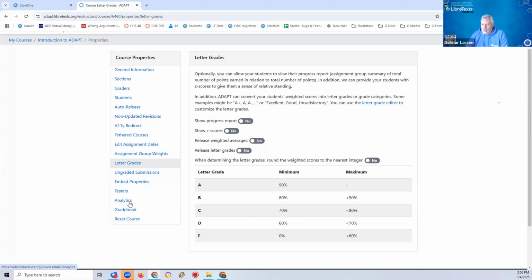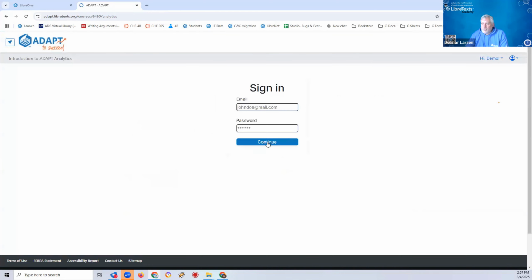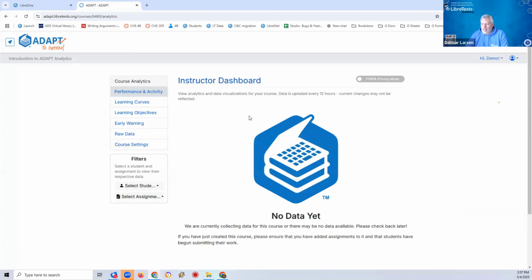There are a few other things that are of particular interest. Testing has to do with testing centers. You don't need to worry about that most of the time. We have analytics in the class, so if we want, we can keep track of the analytics. There's no data collected on this assignment. We update the analytics twice a day.